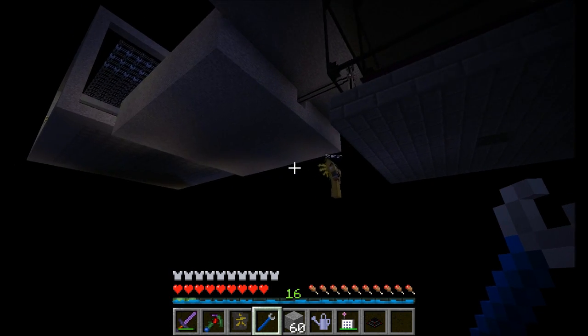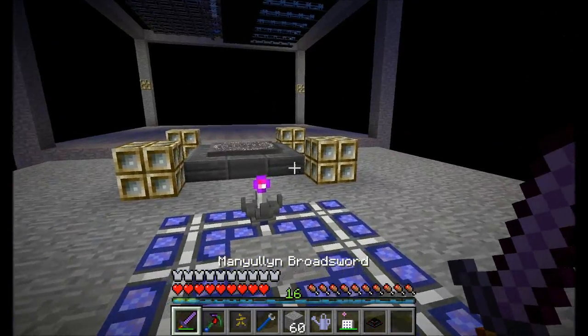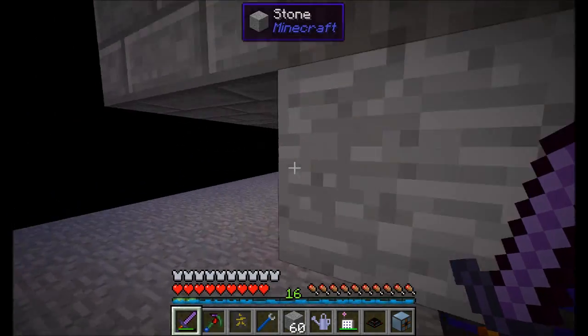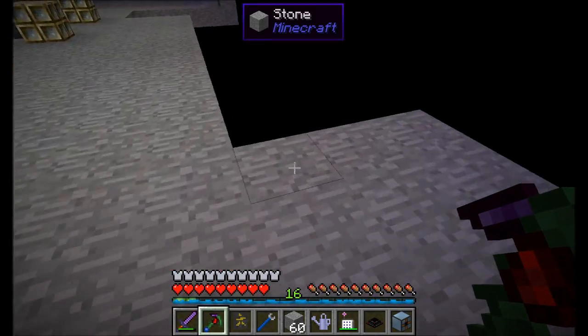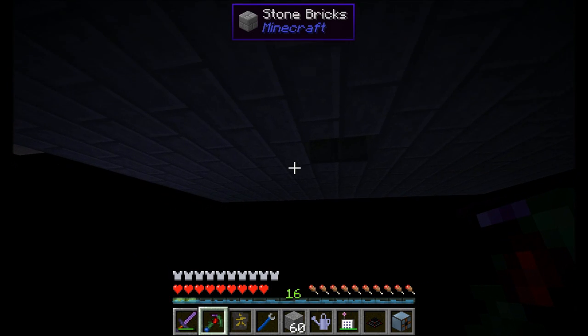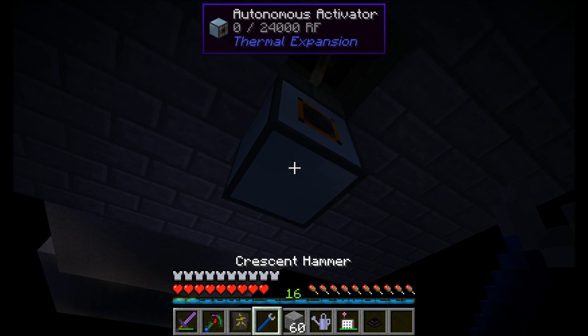I gotta get a magnet at some point if I'm gonna be working above a void. You're wondering where the autonomous activator is? Oh, it probably got sucked up, didn't it? Yeah, it got voided. Well, that at least demos what I was talking about. It works beautifully! It's tested to perfection. We could probably filter out...